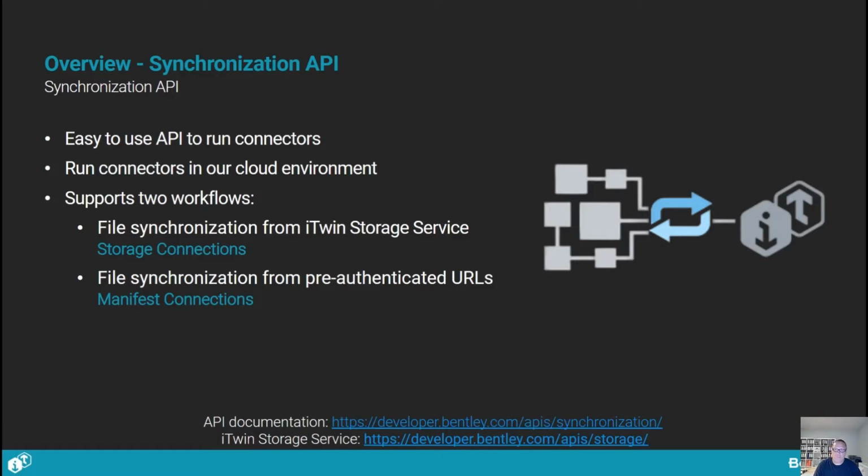They're basically defined by where the source data is stored. First, we have what we call a storage connection. This workflow uses our iTwin storage service. A link to the documentation for that service is at the bottom of the slide. In essence, in this case, you would upload your data into the storage service, and it will be ingested by